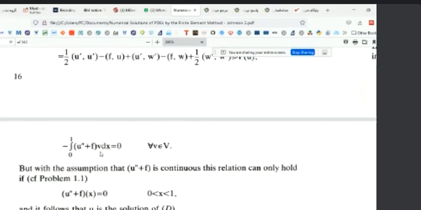We assume that u double prime plus f is continuous in this case,